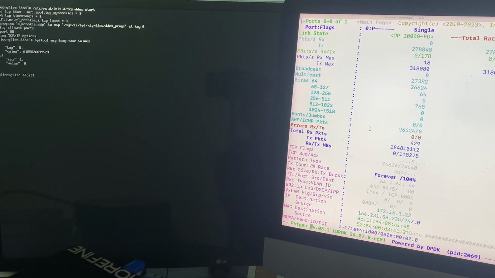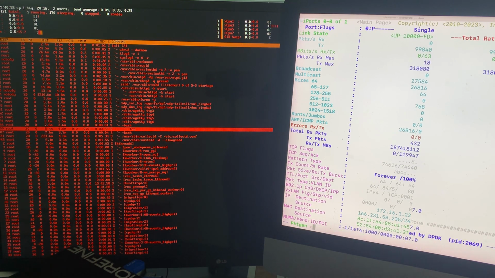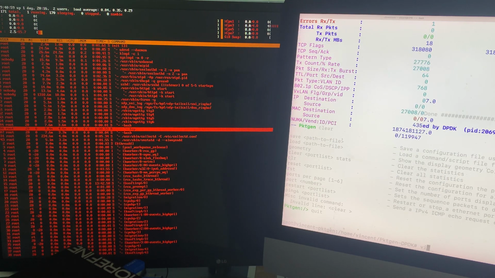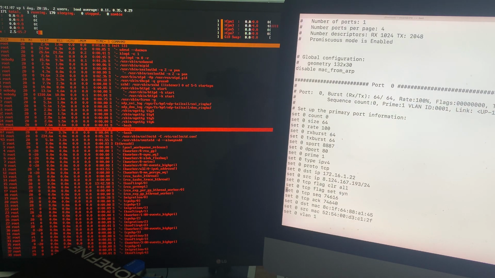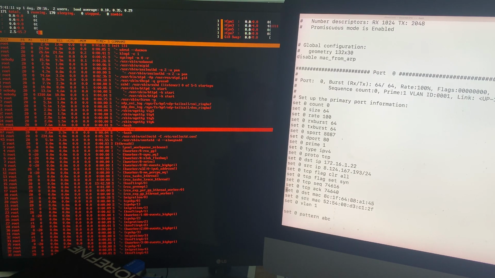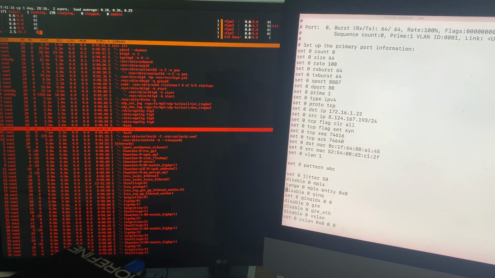Another thing I want to mention is this SYN Flood script. So this is how you set the DPDK Pktgen. So you can save your setting, and then later you can launch this same setting, same script. So here it shows how you set up the